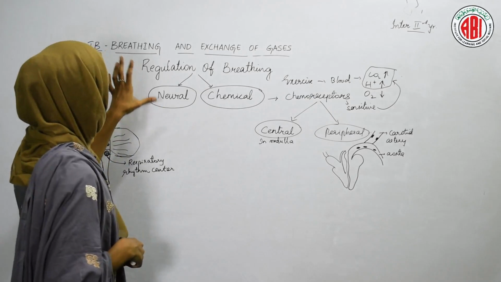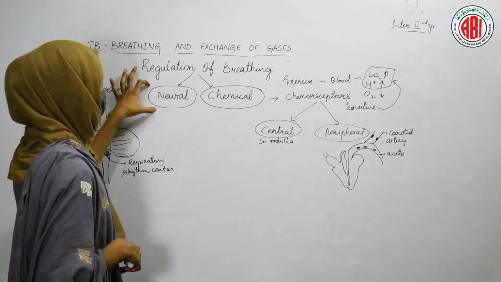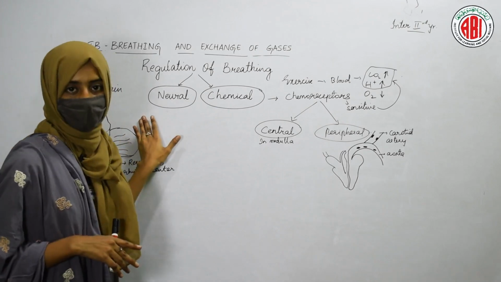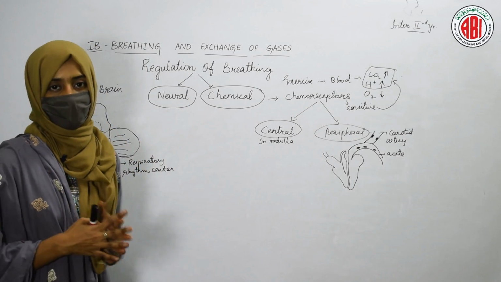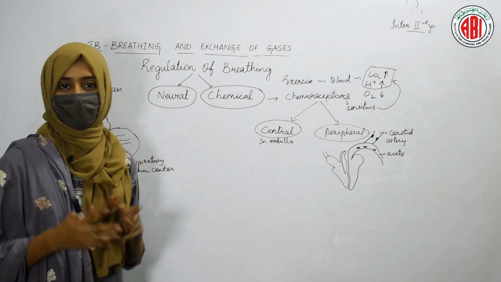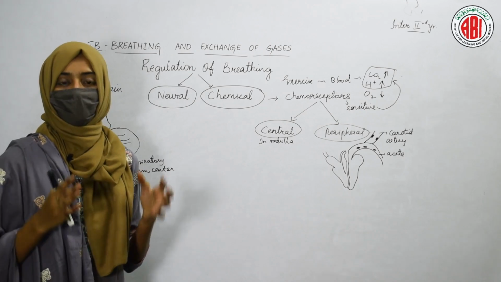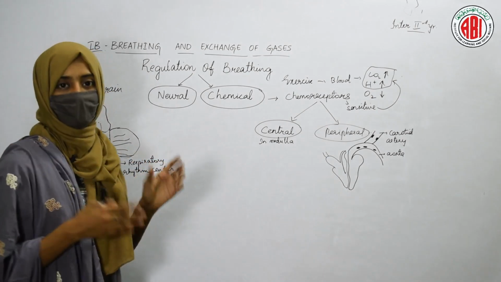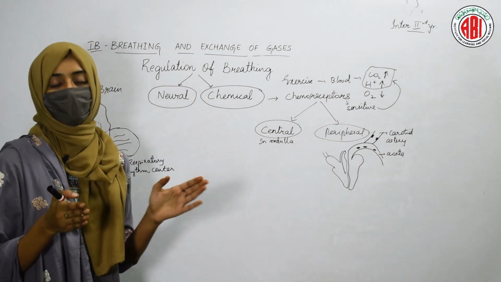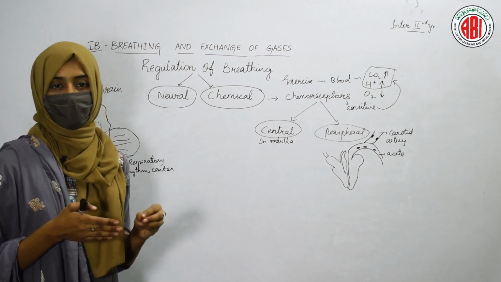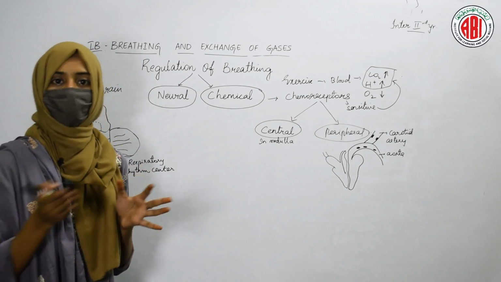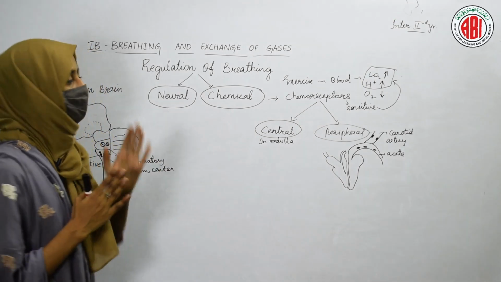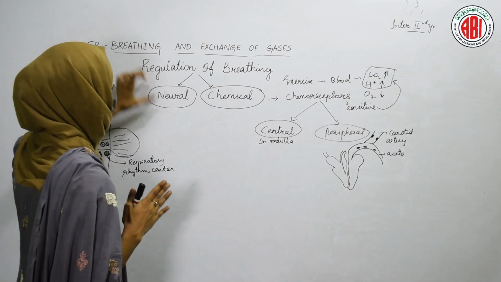Now, regulation of breathing can be done in 2 ways, that is by neural and also through chemicals. How can the regulation of breathing be done the neural way? That means by the involvement of the brain. We have studied it just before, and in that we have seen that the respiratory rhythm center is present, which is regulated by 2 more centers, the pneumotaxic center and the apneustic center. Both these centers control the respiratory rhythm center to send and to stop the signals for inspiration and also for expiration, right? So, this is about the neural regulation of breathing.